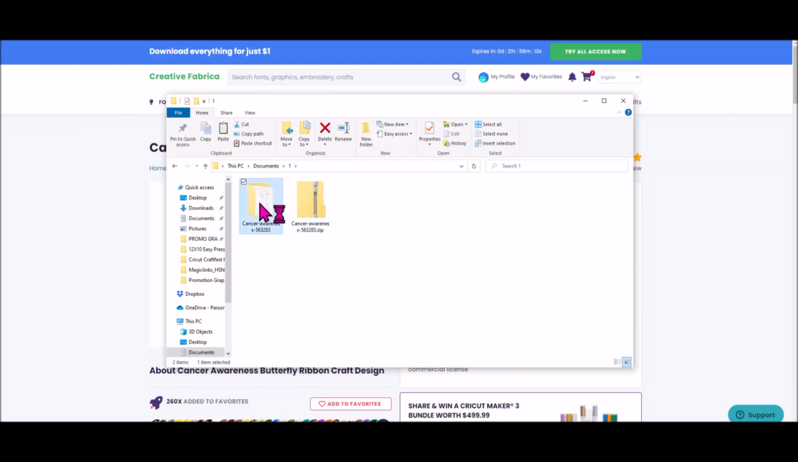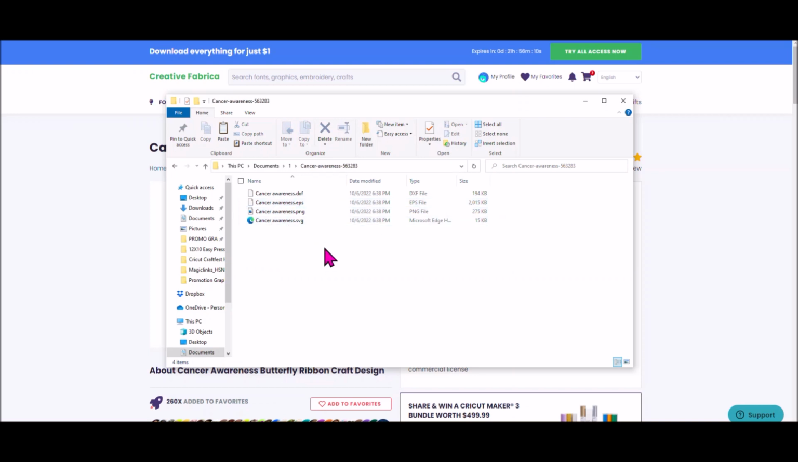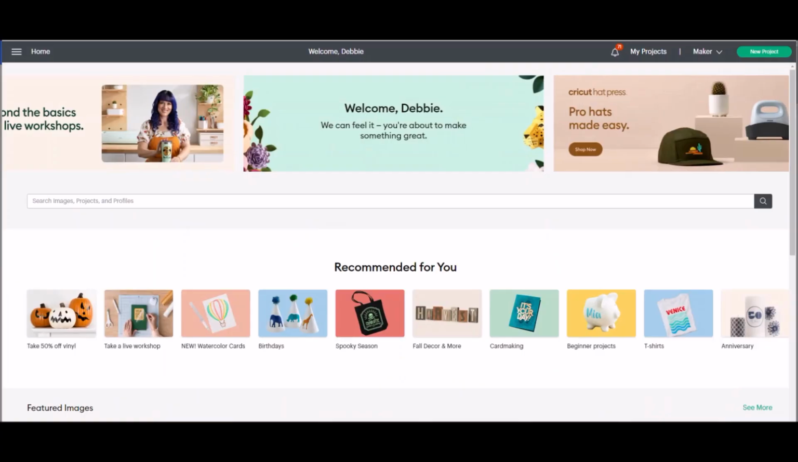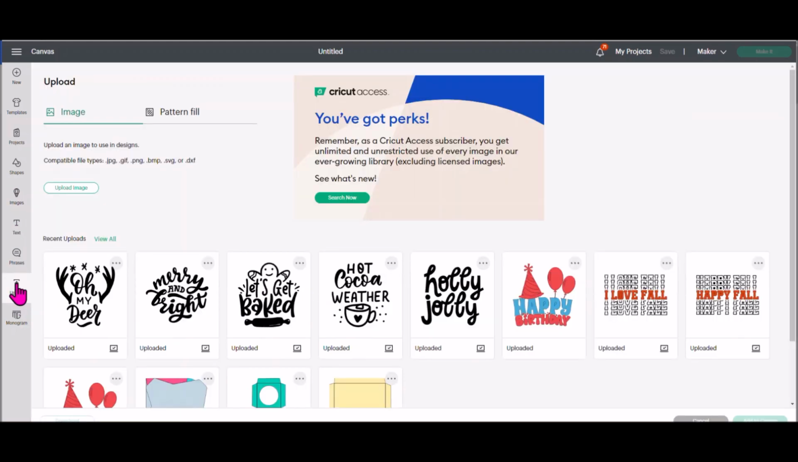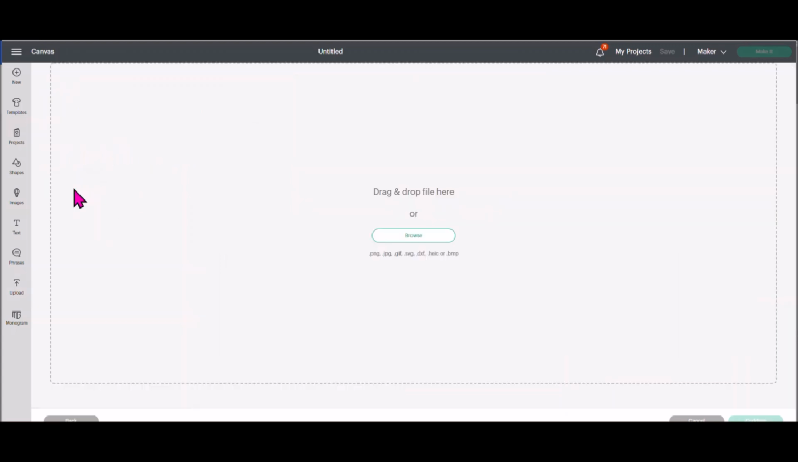So I'm just going to click on that so I can show you guys real quick. Okay, so here are those 4 types of file. There's an SVG, a PNG, an EPS, and a DXF. I'm going to be looking for the SVG file when I come back here in a minute to get it for Design Space. Come over here to Design Space and start a new project. You are going to upload an image. You come over here to the left menu and you're going to click Upload. And then I'm going to do Upload Image, Browse,